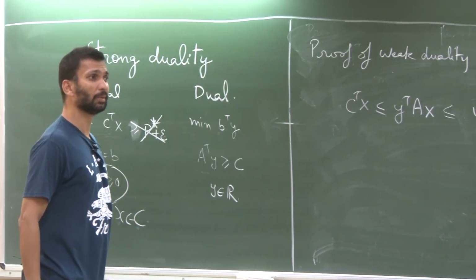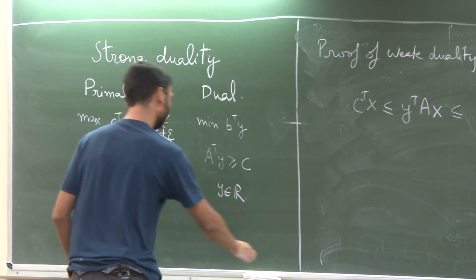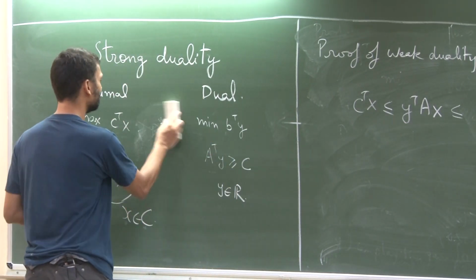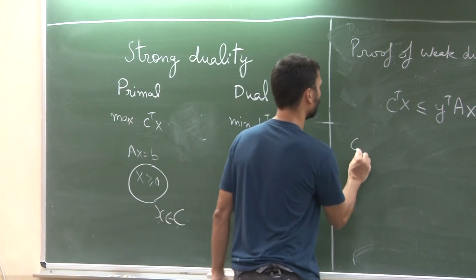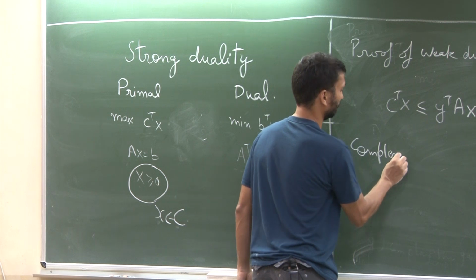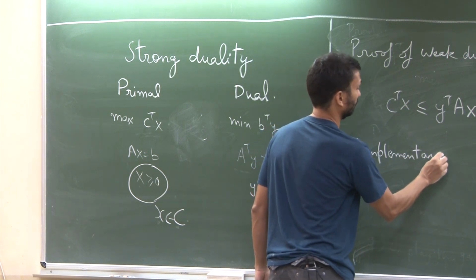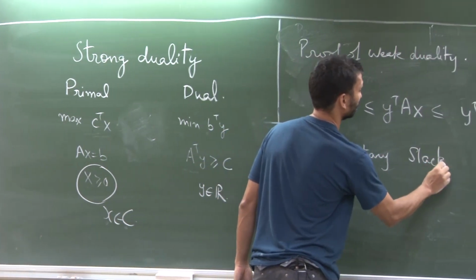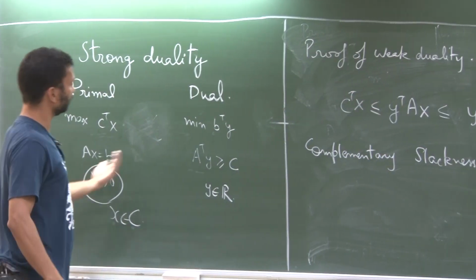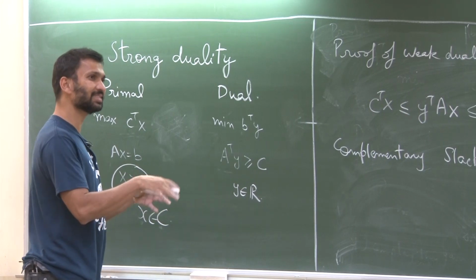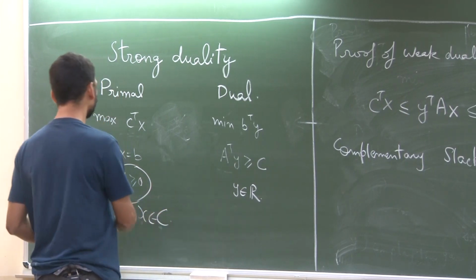Right? And now to change things, actually what I want to talk about is something called complementary slackness. And it will be nice if these two programs are in a similar format. So what I am going to do